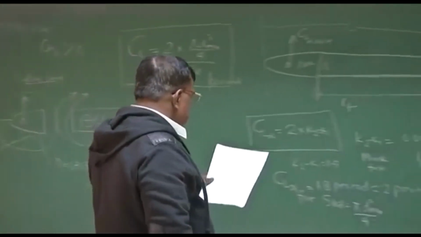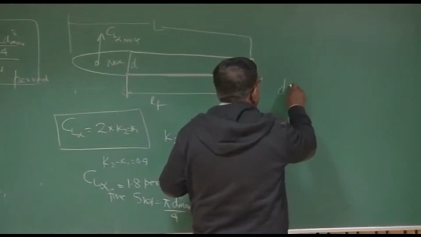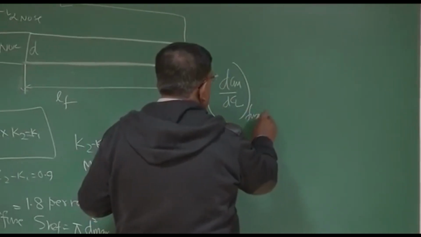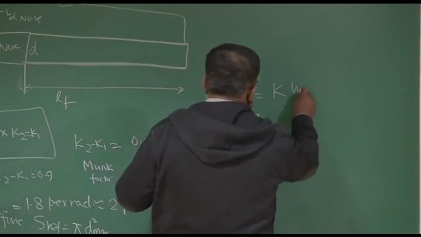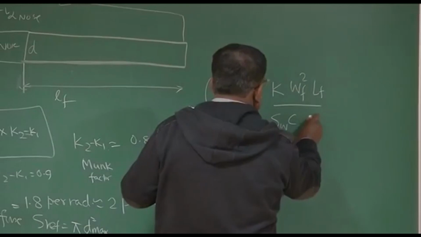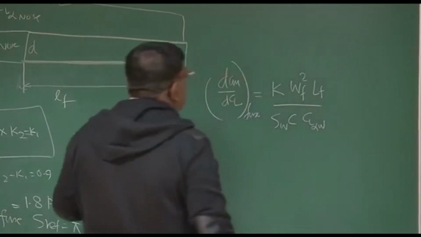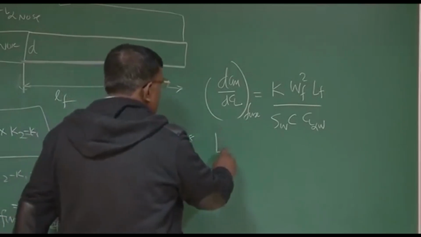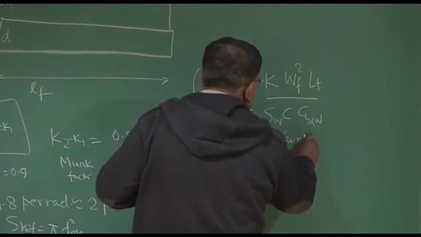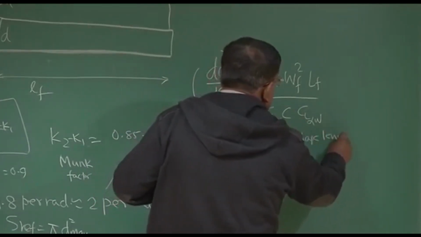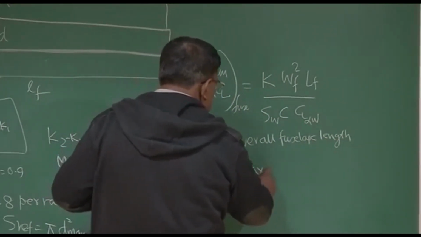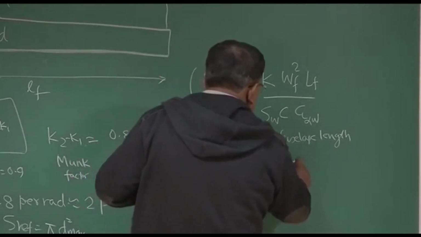And then there is another expression, which is dCm by dCl for fuselage. For fuselage, this empirical formula is given, which is K WF square LF by SW CL alpha wing. I'll explain to you what is LF. LF is overall fuselage length, right? WF is the maximum width of fuselage,